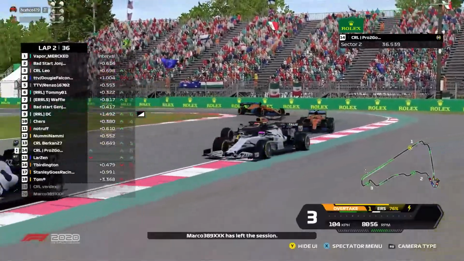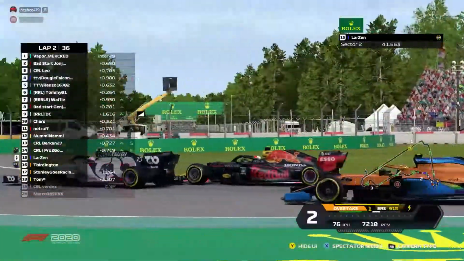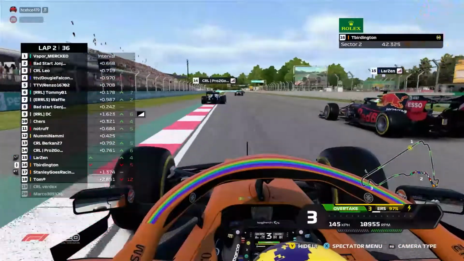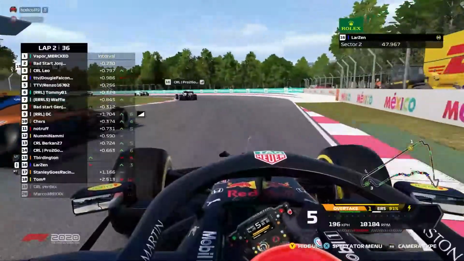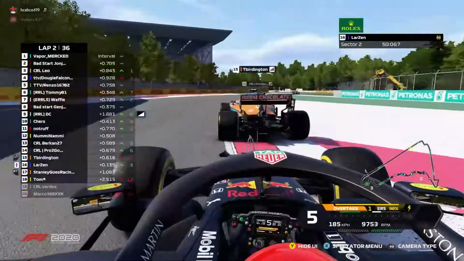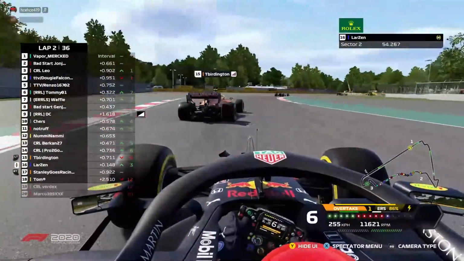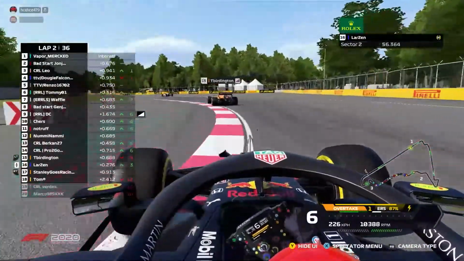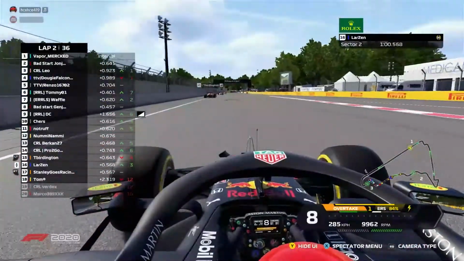As Protocol now fighting with Larson, both of them really shaky out of turn 5. Both of them getting a swap over there as T. Burlington gets a better exit compared to Larson. And now, wait, why did Larson start from... Oh yeah, Larson didn't set a lap time, did he? That's why he started from P19. Yep. But he's made his way up to P14, but he's lost 2 positions in a row